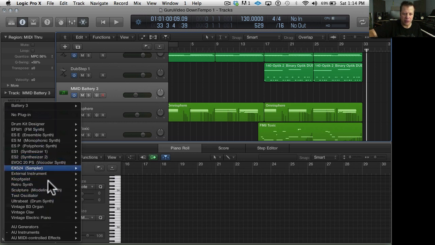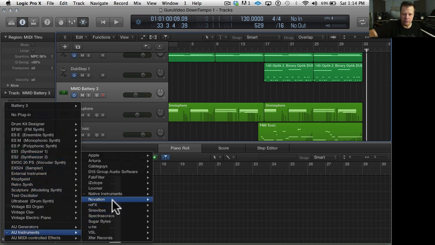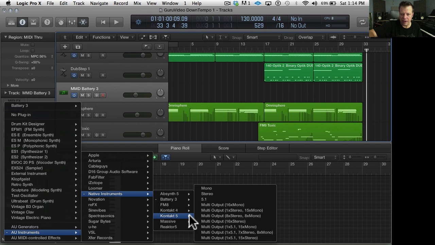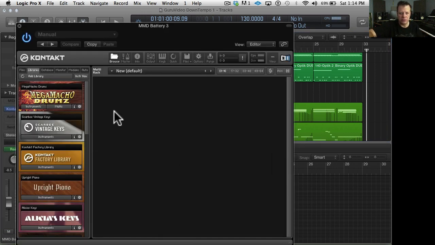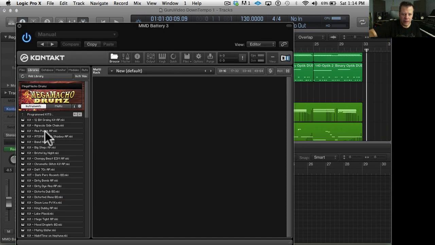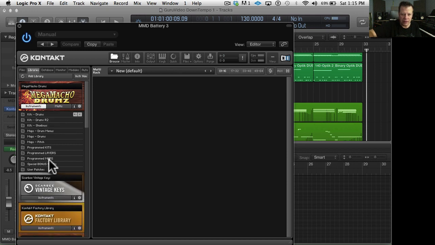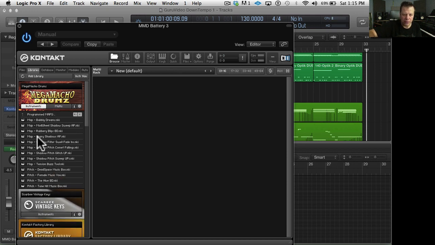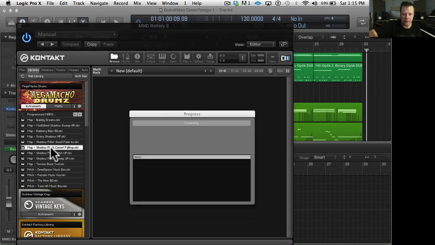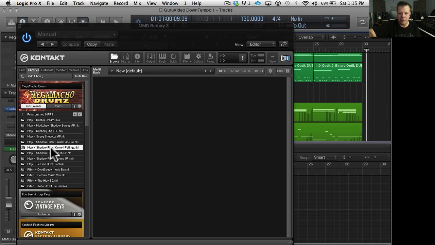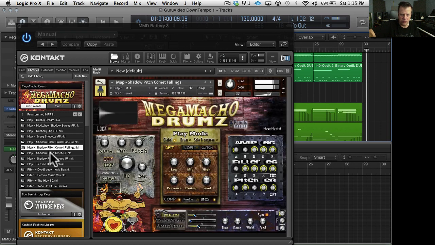Let's go back to Contact 5 stereo. This is in the programmed maps. Shadow, like comets falling. That's what we want.